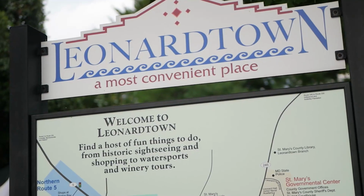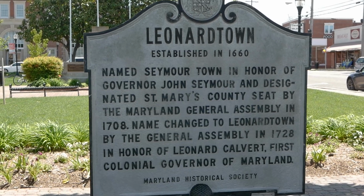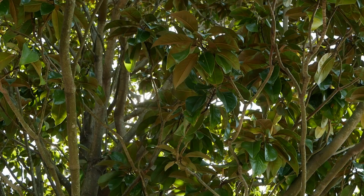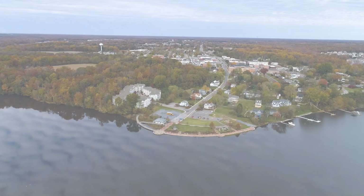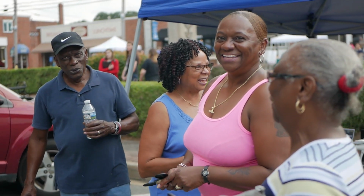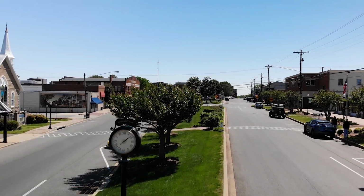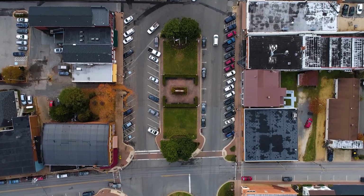Welcome to Leonardtown, a small town in the heart of St. Mary's County, Maryland. This charming, walkable town is known for its beautiful landscapes, breathtaking waterways, and friendly, welcoming people. When you enter Leonardtown, you'll be transported back in time as you take in the quaint town square and historic